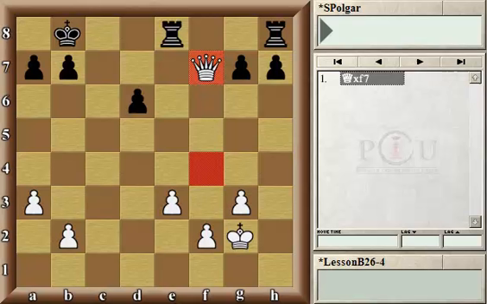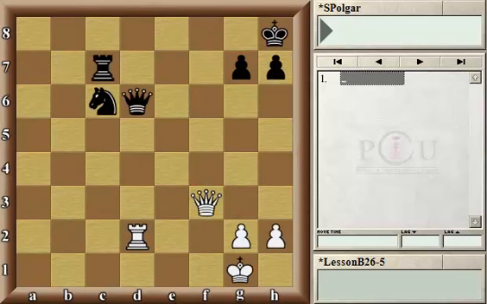So remember, giving a check in itself doesn't mean anything. All it means is that it limits the choices of the opponent, but it does not mean at all that it's a good move. Let's move on to our next example, where black again is a piece ahead. And it's black's turn in this moment,